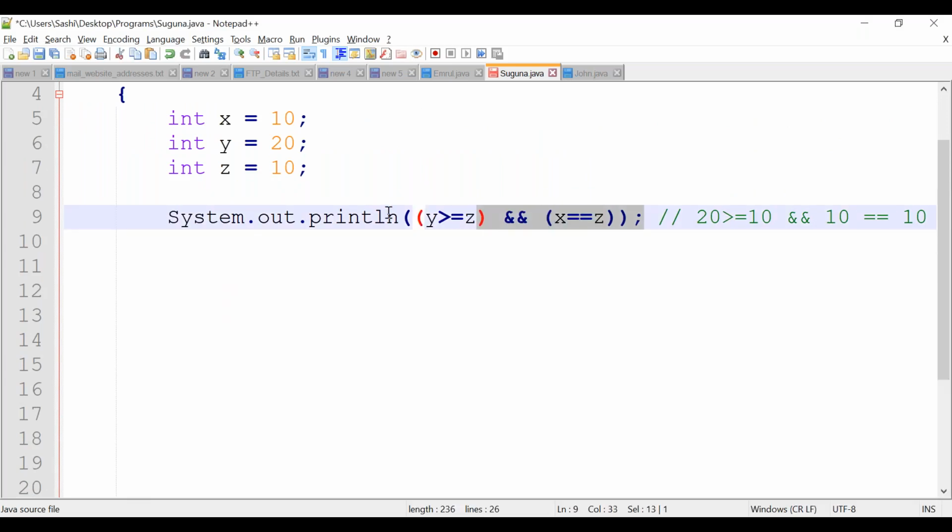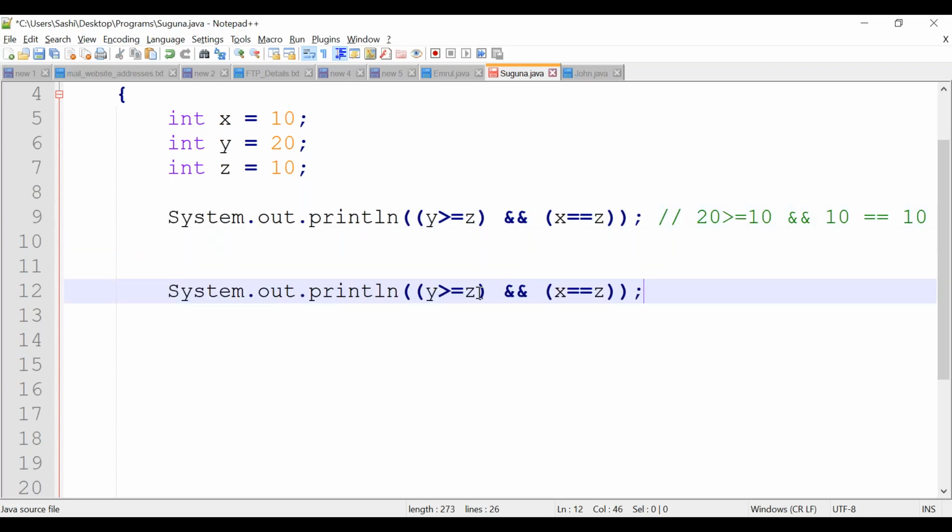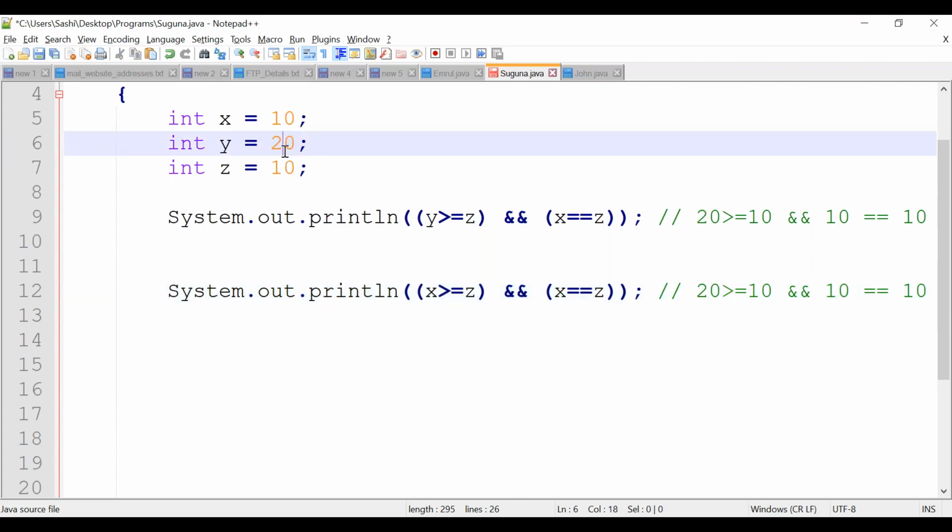Suppose consider I am modifying this value. I am keeping something like this. Listen carefully. What is x value? Let's modify this value, some other value.